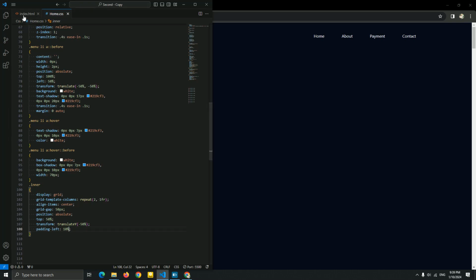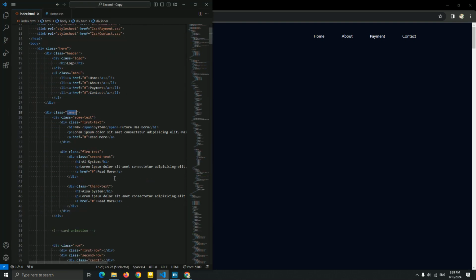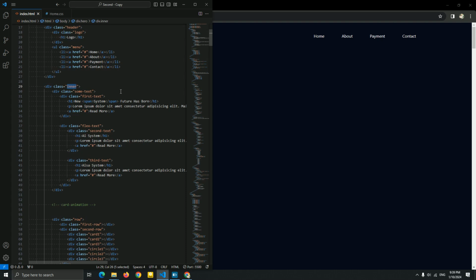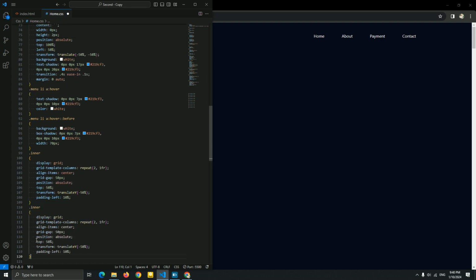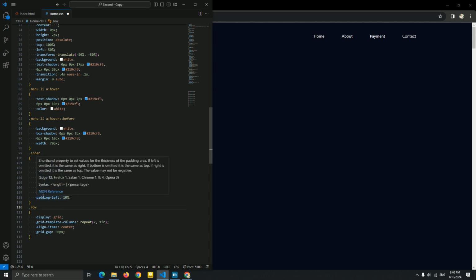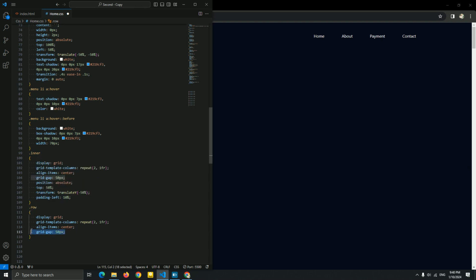Yeah. And let me just add a padding left 10%. So next thing, we're gonna just style it. Let me see it. And before the style of this sound text of this title, let me just style this because it's the same style. So I'm just gonna copy this and paste it. We don't need the position absolute. Just delete it. Okay. Now just add a row for the card, and let me add a height because we need a height for this, guys. Let me add height. Yep. Now I think this is good. Yeah. I'm sorry.